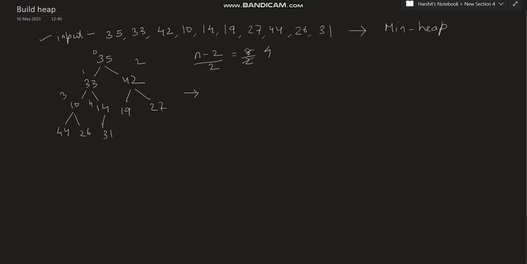So on comparing 14 with 31, 14 is the smaller. 14 is the smallest value, so no swapping operation will be done. After performing min heapify on node 14, the tree which we will be getting is the same tree, or the array will be the same array, because ultimately we are converting the array to a min heap, which is also represented using the array. So we have performed heapify on node 14.